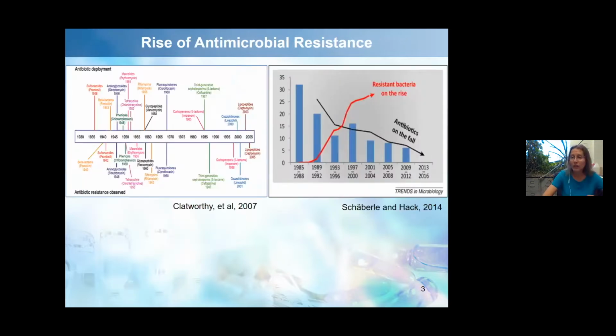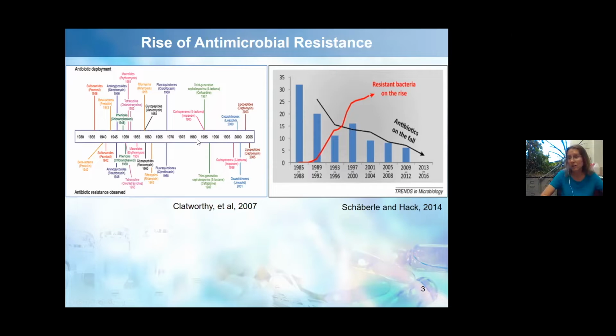The problem with bacterial infection is that we use antimicrobials to kill bacteria, but at the same time, bacteria develop mechanisms to be resistant to these antimicrobials. Sometimes it takes several years to develop such resistance, but sometimes it's only a matter of a few months. However, the overall story is the same. For every antimicrobial that's been introduced into clinics, and broadly speaking, for every class of antimicrobials, there are known resistance